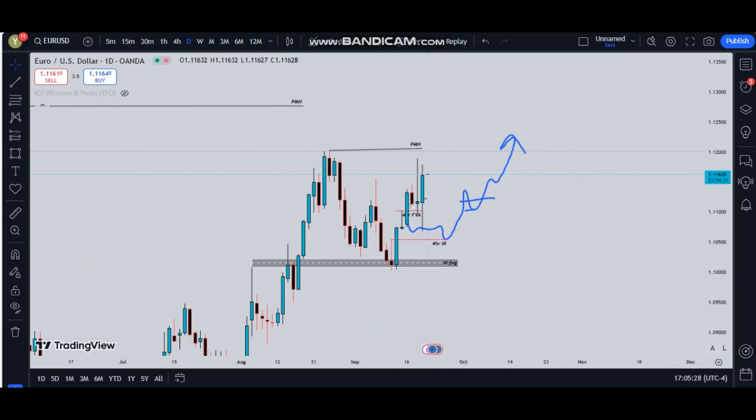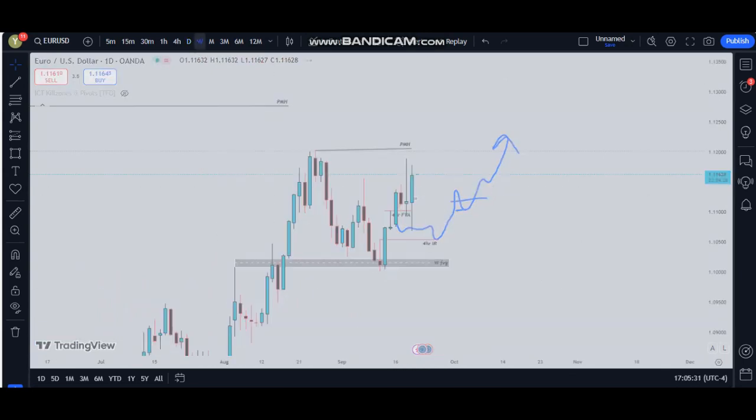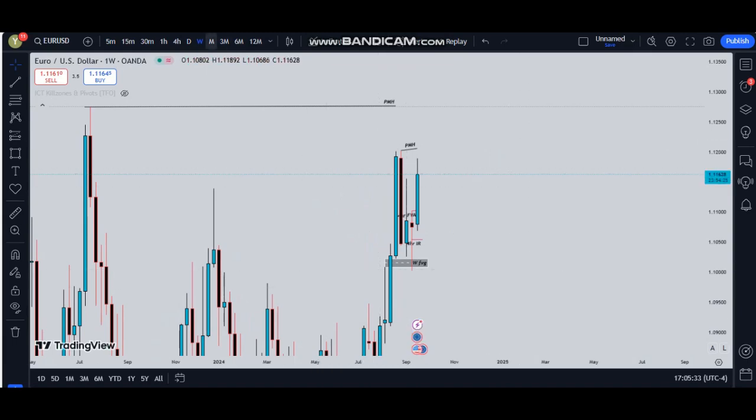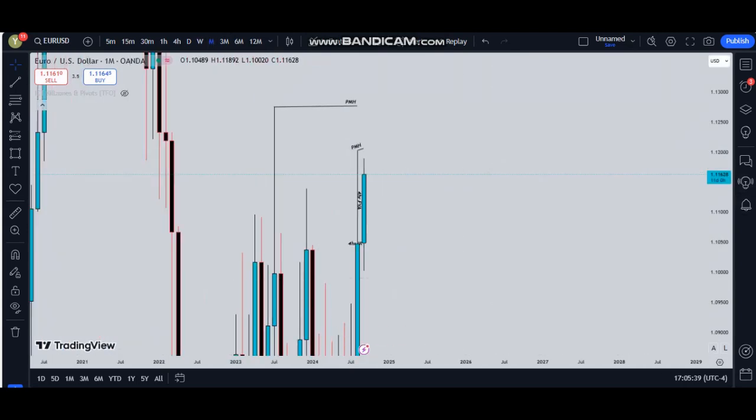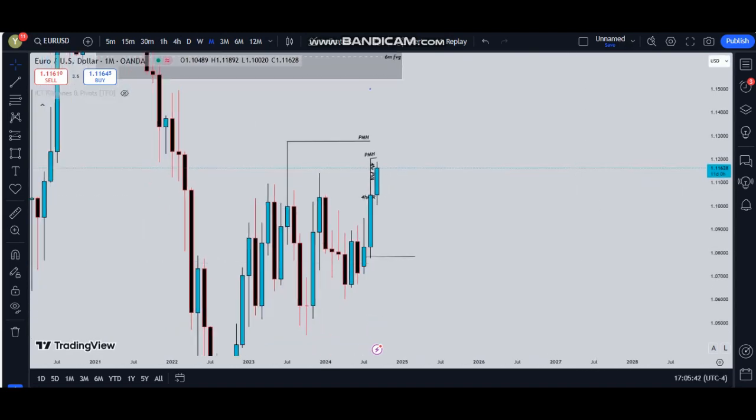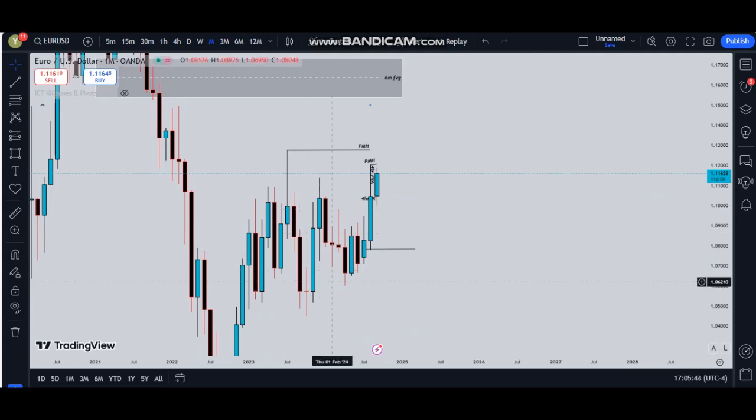From the weekly time frame, to determine the direction, because that's where we always start. We start from the higher time frame, and for this situation I will go further to the monthly time frame. From the monthly time frame, you can see we have been having a bullish structure. We have these lows not violating these lows. We had this swing high that had been met, and since we don't have anything over here that could act as resistance, as order blocks, I was anticipating a sharp and rapid move to these candle's high as well as these previous month's high.